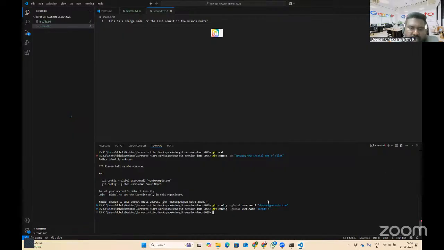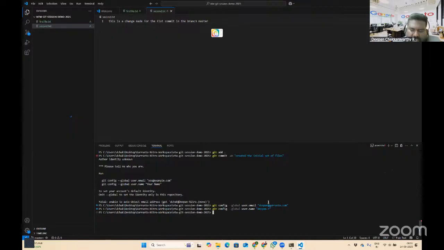Right. So now I have provided this configuration. So git config is how you tell Git who is making these changes. Git certainly wants to know who is making the changes, or otherwise chances are the commits will be issued by unnamed authors. So we don't want that to happen in a typical repository, and hence this configuration has been made a mandatory thing before any commits happen.